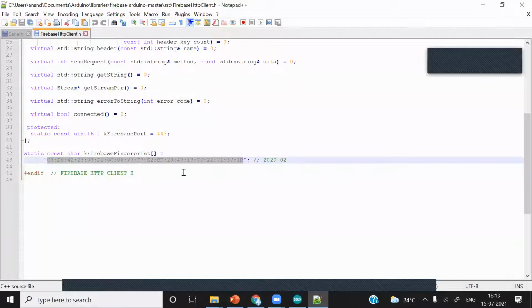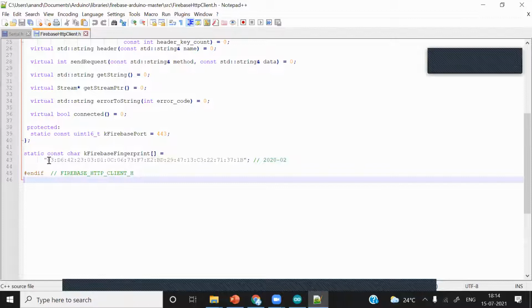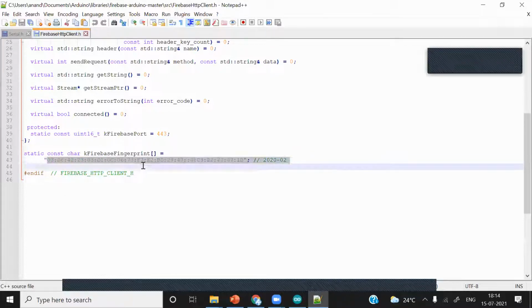It's like a shadow of a server authentication certificate. Okay, RA certificate. So I will show you, you have to update it if your data setting is showing failed. You just have to remember, you have to update it. This is the expired fingerprint key.